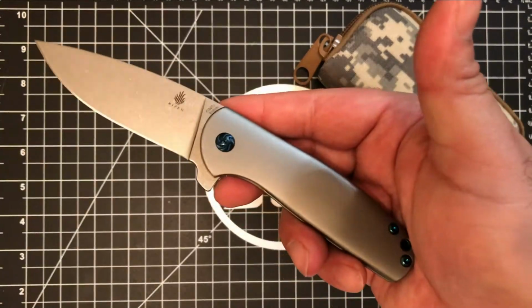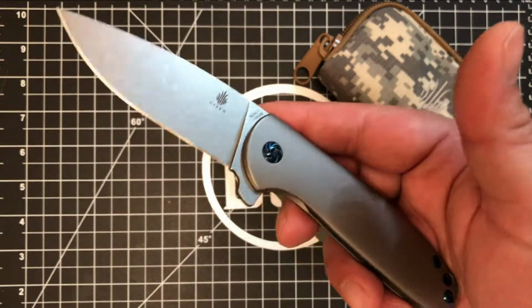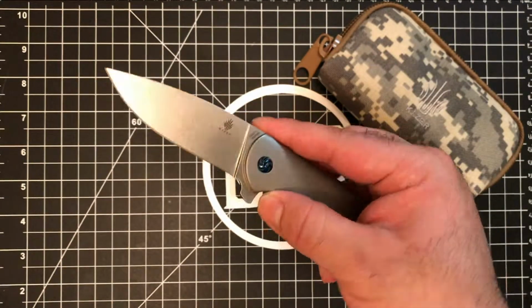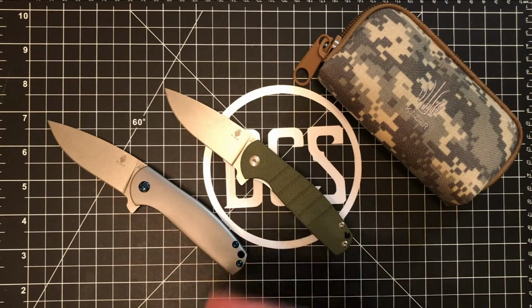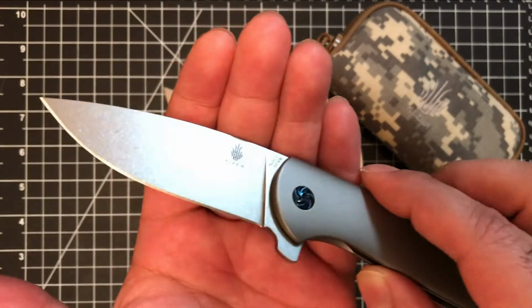You'll find some really good deals on the secondary market in the $300 to $400 range, and if you can go ahead and hold out and maybe save a little bit more money, you can get some of his semi-custom or his custom designs that will blow this basically out of the water, and you're getting a design directly from him and not mass-produced by Kizer,